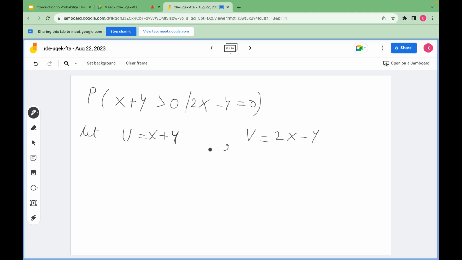So these x and y are normally distributed, so u and v are also normally distributed. So u is normally distributed with mean minus 1 and variance 3, and v is normally distributed with mean 1 and variance 12. You can find it easily. So now let's find the covariance between u comma v. This will be nothing but